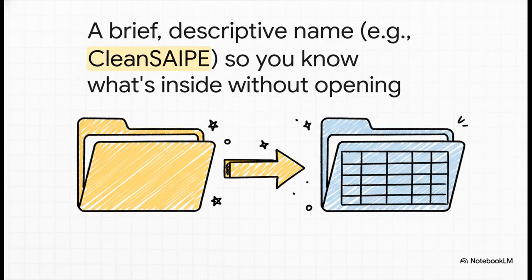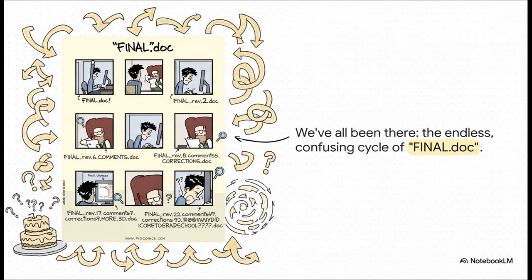This is just a short, human-readable description, and the goal here is incredibly simple but powerful. You should know what's in the file without having to click on it and open it. A name like clean SIPE tells you instantly that this file contains the cleaned SIPE dataset. No more guesswork. And that brings us to the final and maybe the most cursed part of any file name,